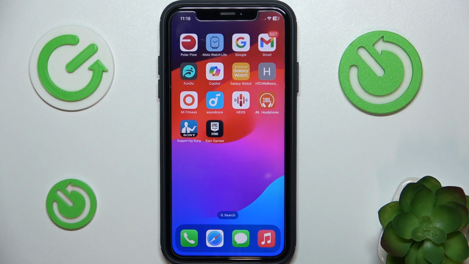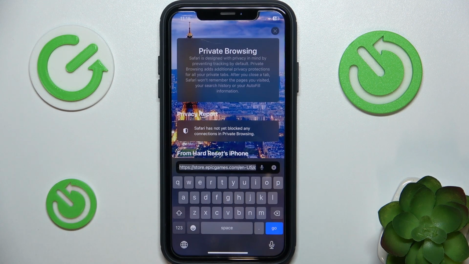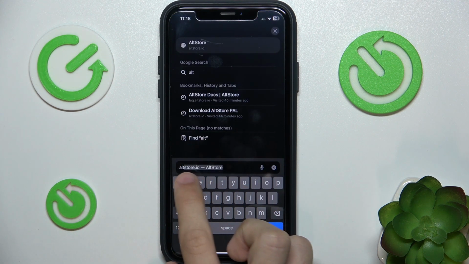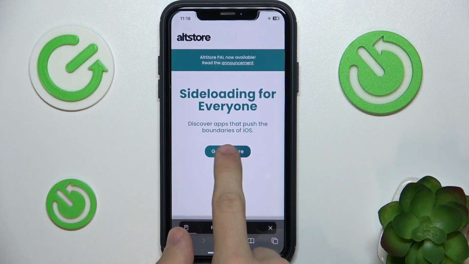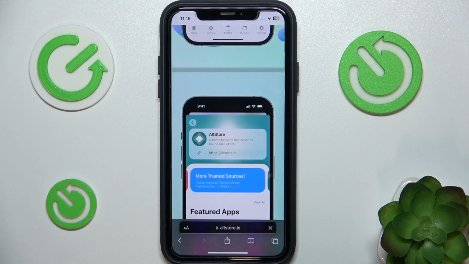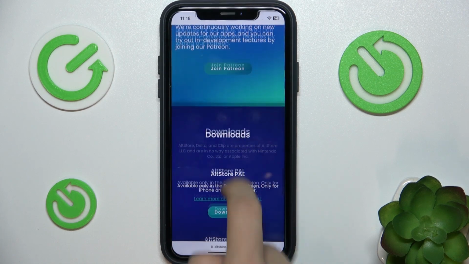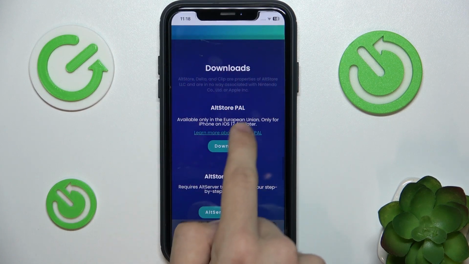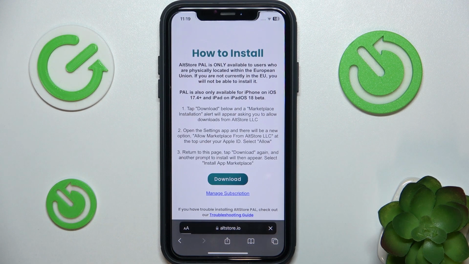The next way, if Epic Games Store doesn't work, is to go to Safari and search for altstore.io. Then click on Get Altstore, and under Downloads find altstore PAL, which works only in the European Union. Click on Download,